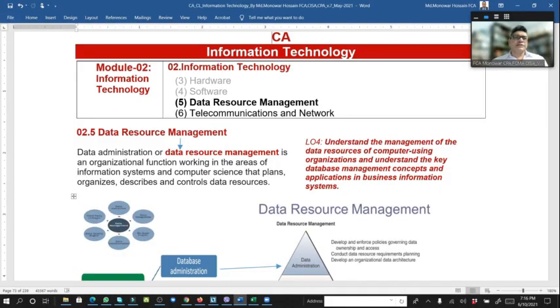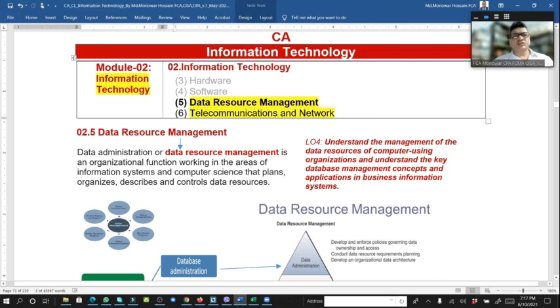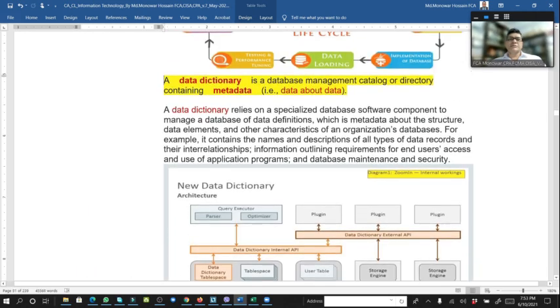So we are in Chapter 2, Information Technology, Data Resource Management. Data Resource Management and Data Administration is an organizational function working in the area of information system and computer science that plans, organizes, describes, and controls data resources. Database dictionary